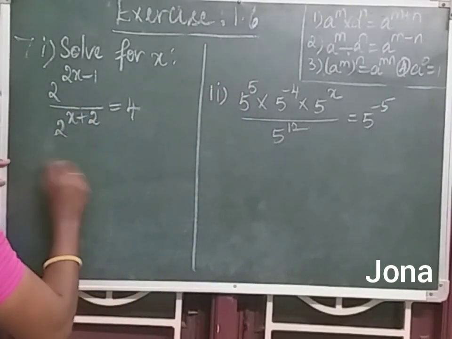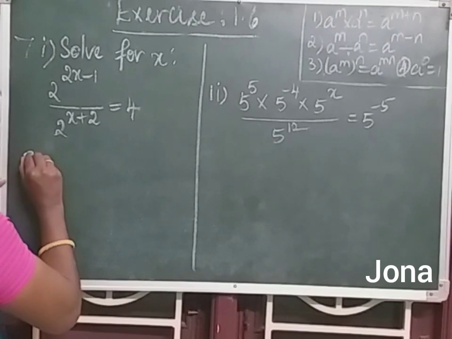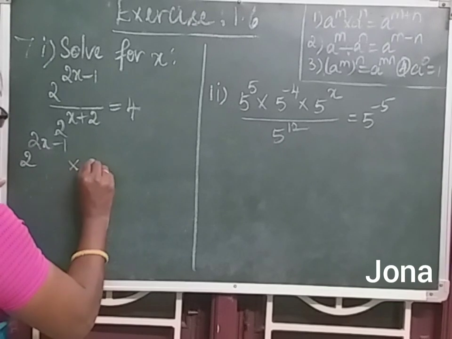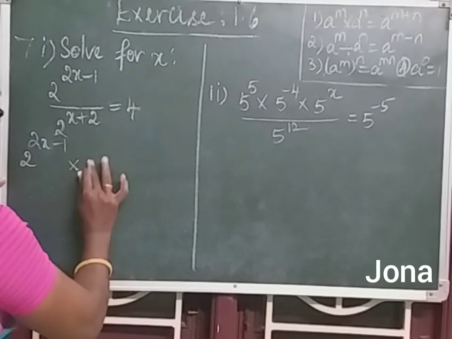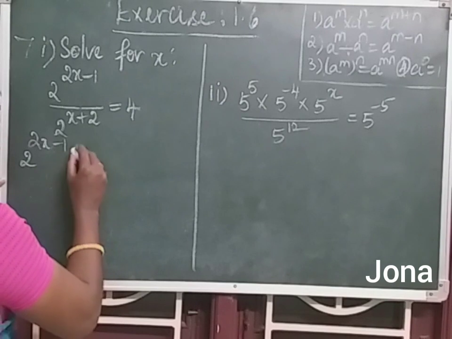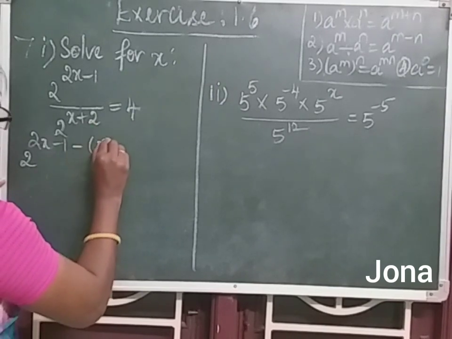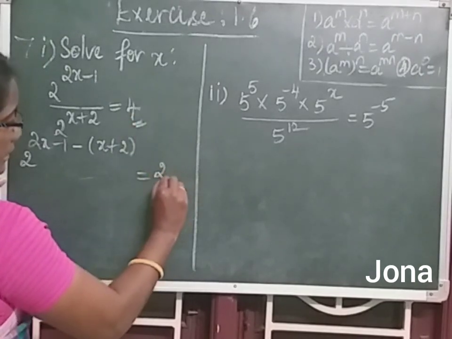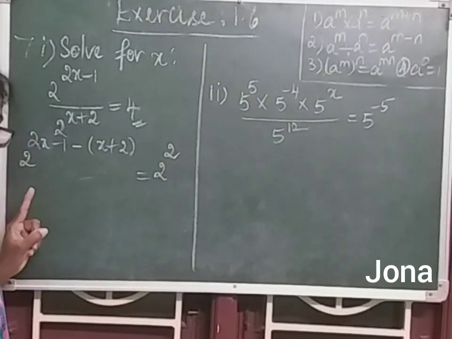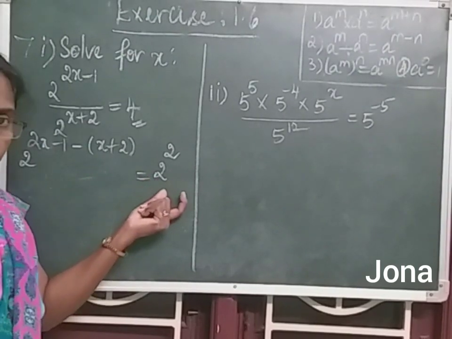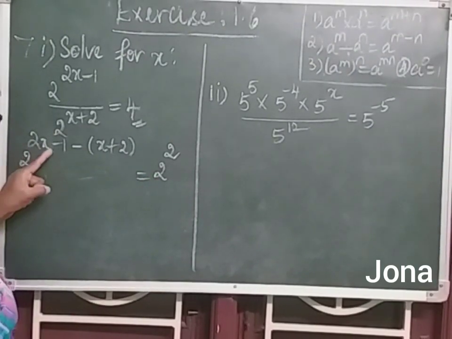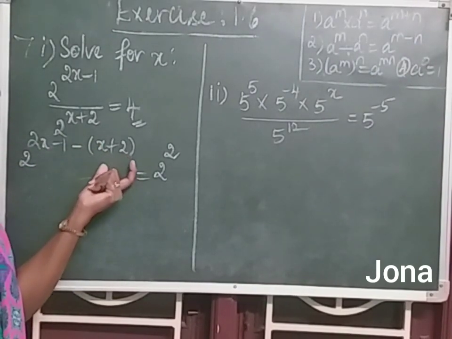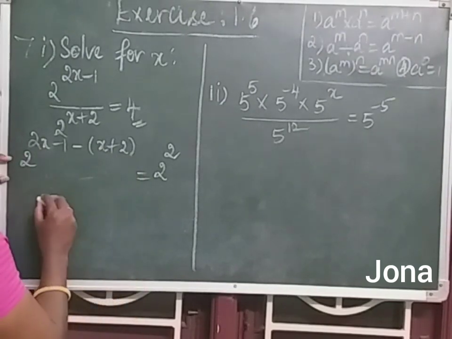So which is equal to, I want to write like this, 2 power (2x minus 1) into 2 power, I can subtract the powers, isn't it? So subtract the power, x plus 2, equal to, even I can write this 4 as 2 square because here the base is 2. I want to write this base also in 2. So 2 power (2x minus 1) minus of (x plus 2). I can simplify this bracket. So how?